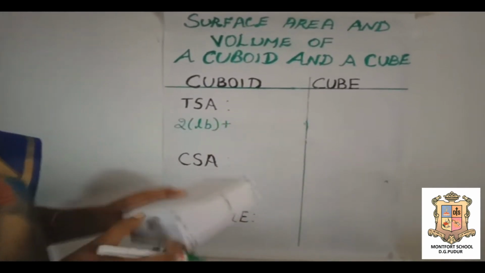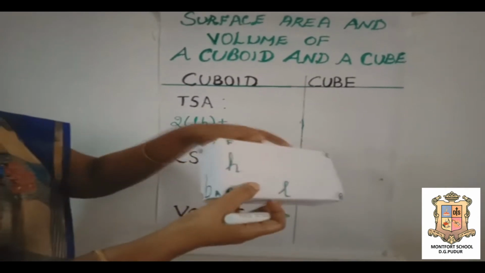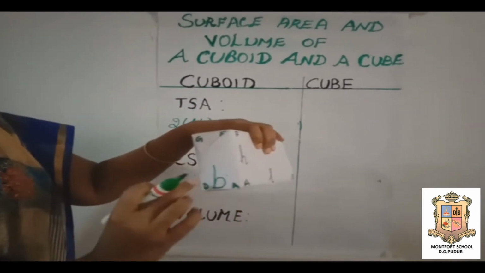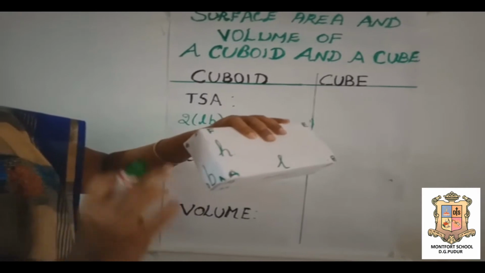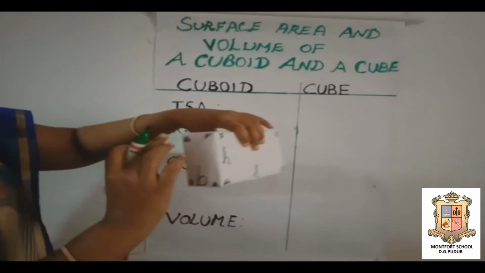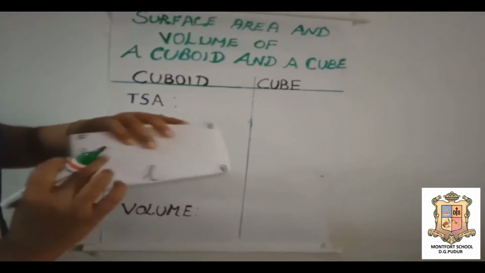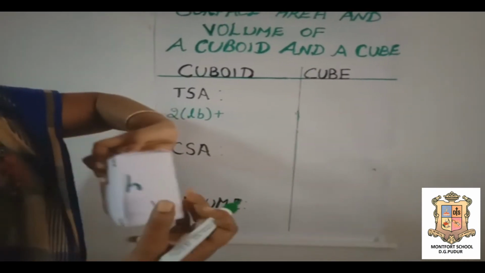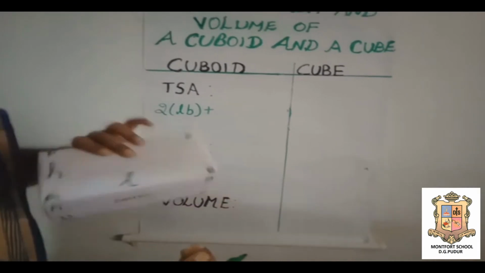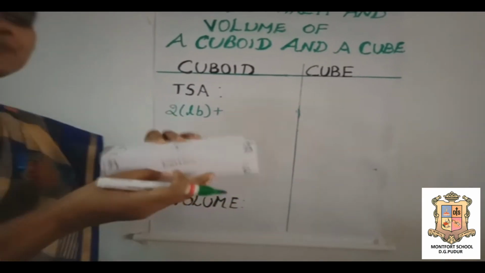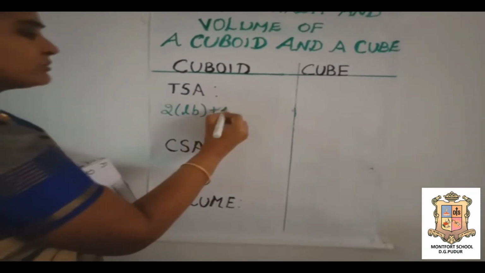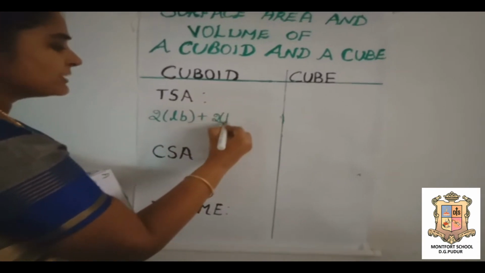plus, now let us find the area of this side, ADFG. The area of this face is B into H. Similarly, this is equal to the area of its opposite side, B into H. So the sum of the areas of these two faces is equal to twice BH